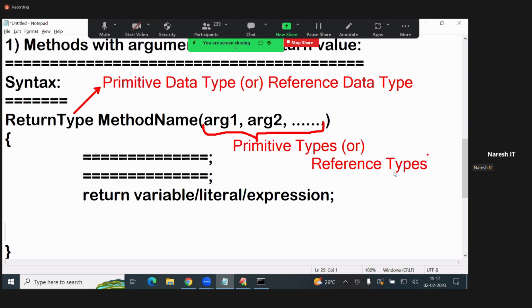Methods with arguments and with return value. Here, the return keyword,